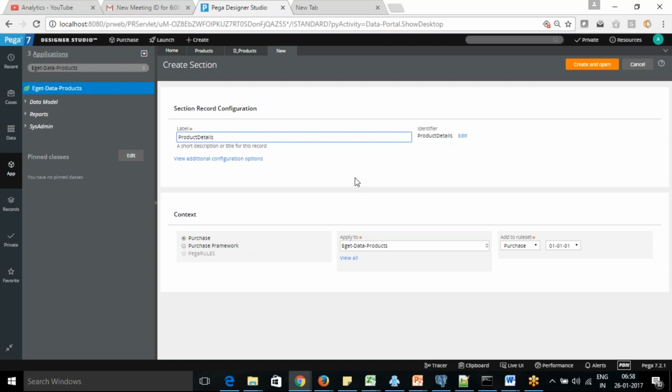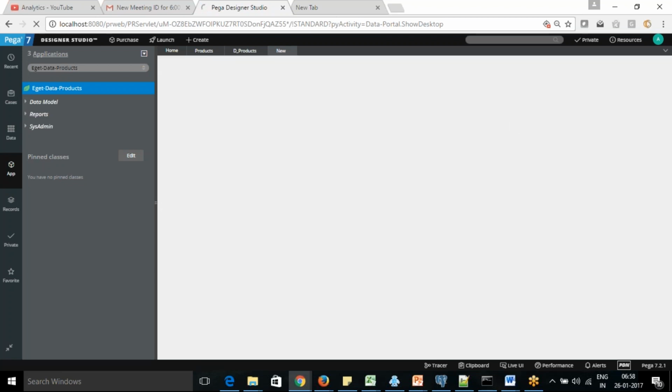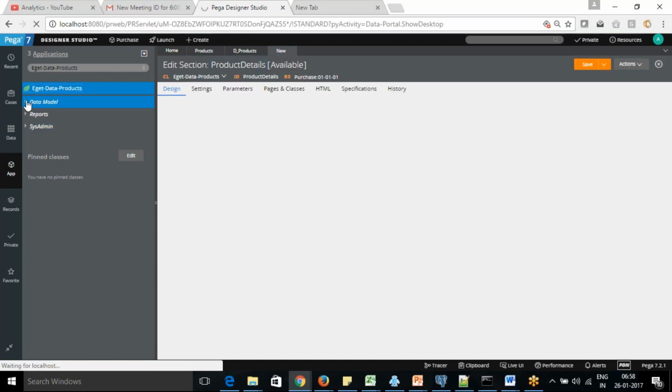Now I'm creating the product detail with that context. Here I'm going to display all the products which are available in a page list, like in a list.